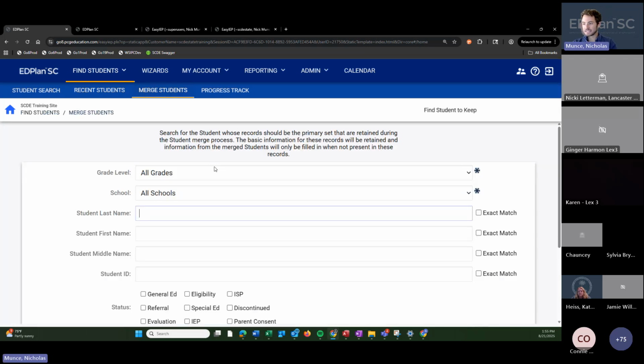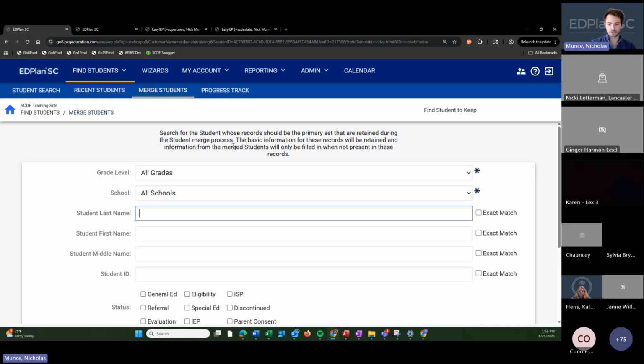And as I go through this, I want to let you know if you have any questions about this, please submit a Zendesk ticket. This is something our staff can help with really quickly. The Tier 1 folks can help you do this so that you don't have to wait for it to get to Tier 2. If you're not sure of how to do a merge, they can help you do your first few to make sure things work as you expect.